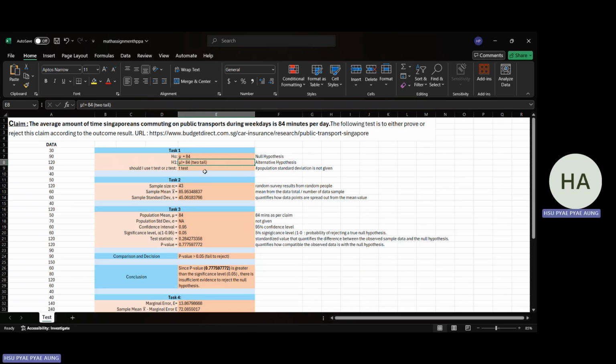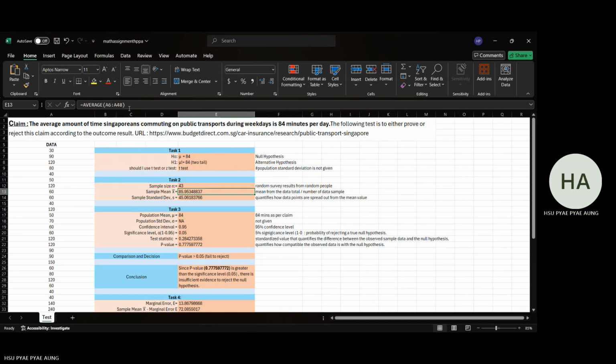We should use the t-test since the survey is from a small amount of population and the population standard deviation is not given. Next, we have the sample size, and for this survey, I have collected 43 data from random people. And we calculate the sample mean by dividing the total value of data by 43 to get the mean